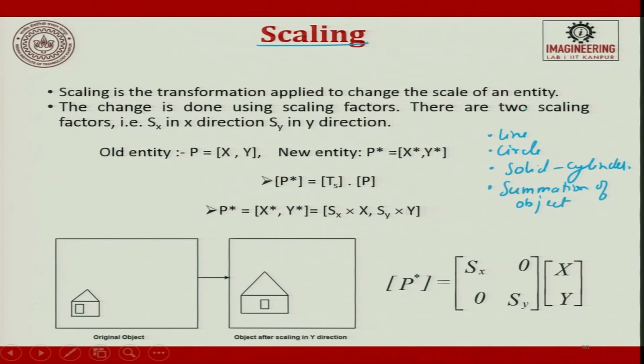So, there are two scaling factors, one is scaling in x direction and scaling in y direction. In olden days, when you used certain software applications, they always tried to freeze the scaling in both directions to be uniform. Today, you have the freedom of choosing scaling in only one direction and no scaling in the other. So, it will be a skewed object, but maybe your requirements are that.